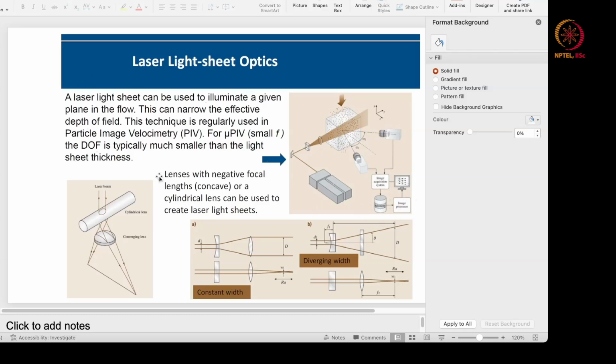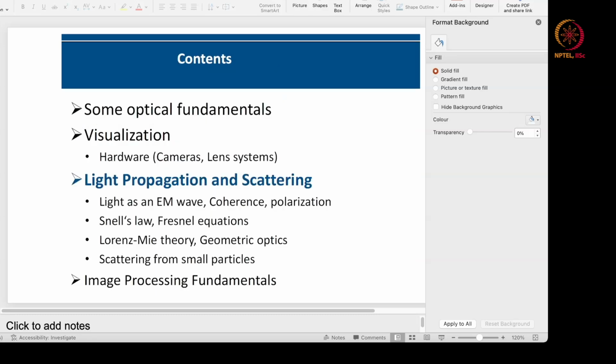So, this is light sheet optics, which basically consists of nothing but a cylindrical lens or a concave lens, and you use a convex lens to create the sheet of constant width or diverging. Okay, more we will talk about how the sheets are made. That is a topic in itself. We will talk a little bit about this in the LDV and more about it in PIV. Okay, so now that we have done that,